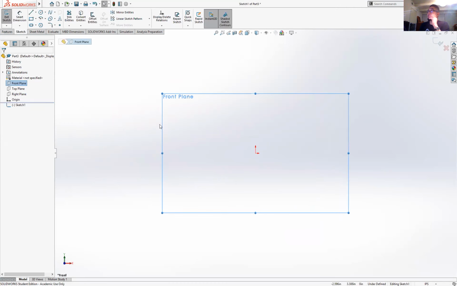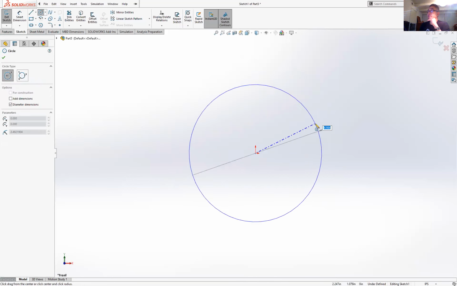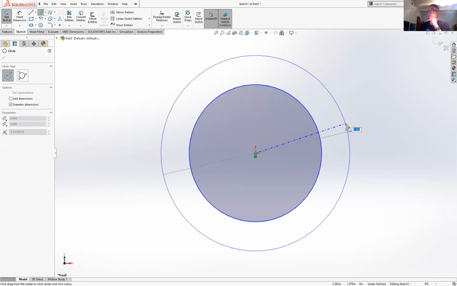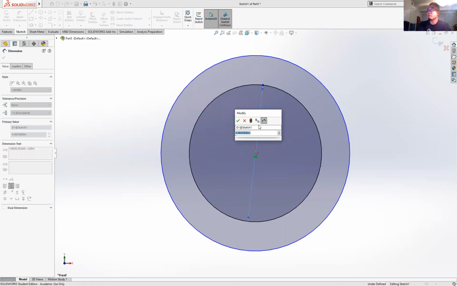And now we're in the 2D world. And we want to create like a hollow cylinder. So we can do this and we can do this. So 2 cylinders. And I can go to my smart dimension. And let's say, what did we say the diameter of the other one was? I think it was like 2 or 3 inches. It doesn't matter. Let's just say it was whatever it was. We'll just put our own dimension right now. 3 inches,